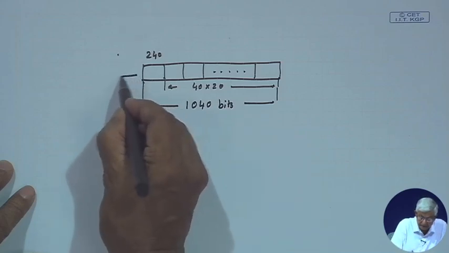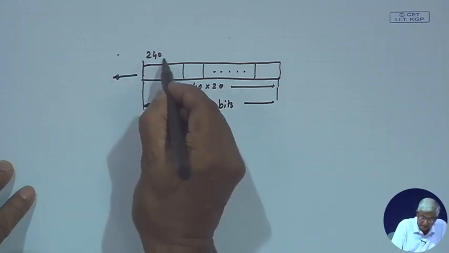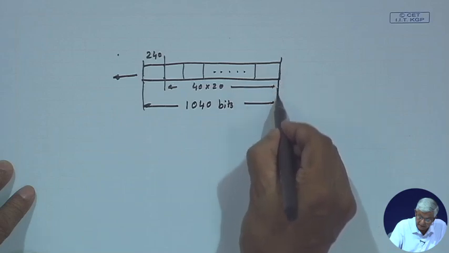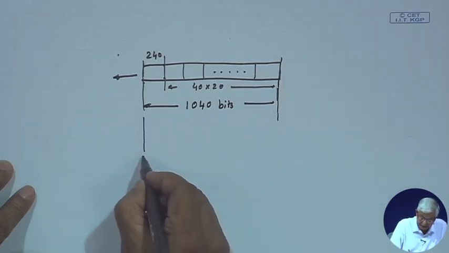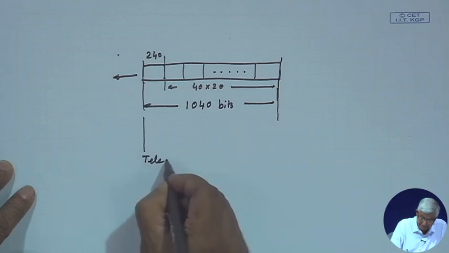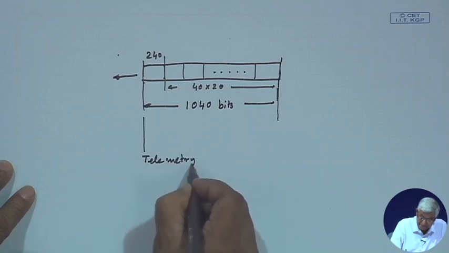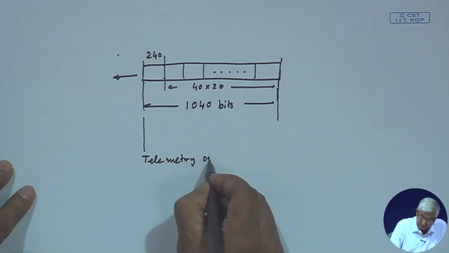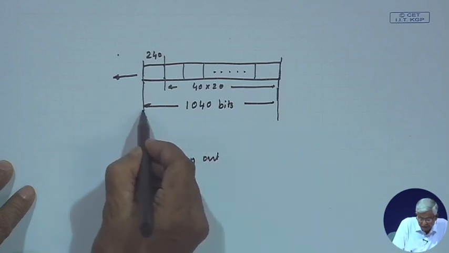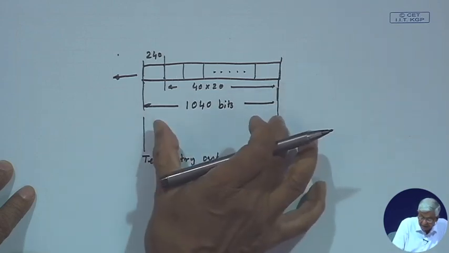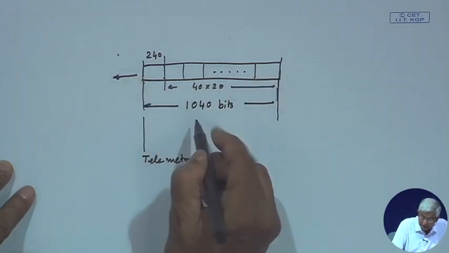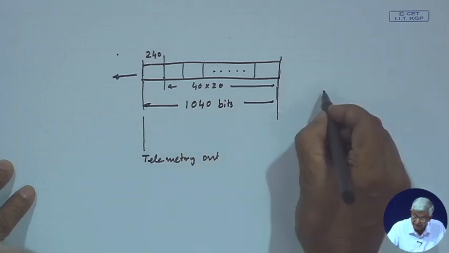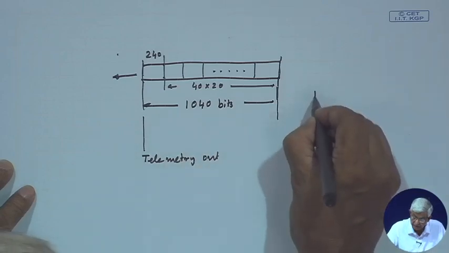Now, this is transmitted, the header goes first and this is the last bit, and let us say this is the satellite telemetry output. It is released from the satellite, the last bit. So, this much will go out. How much time will these 1040 bits take? The time is the frame time